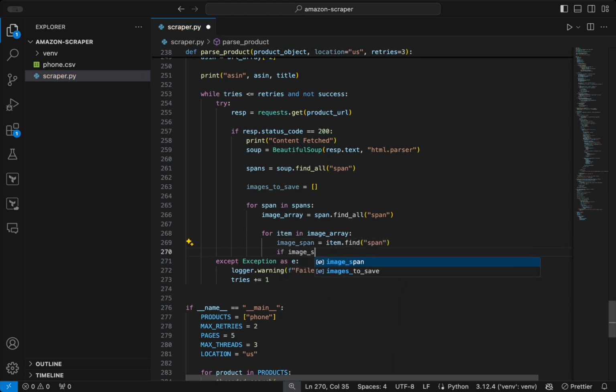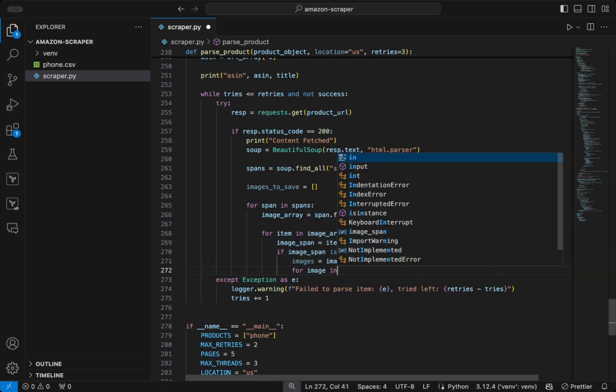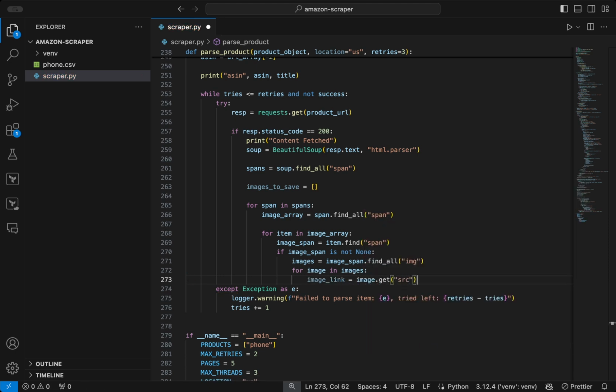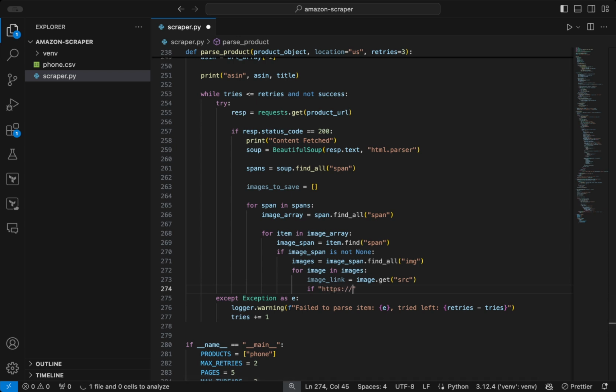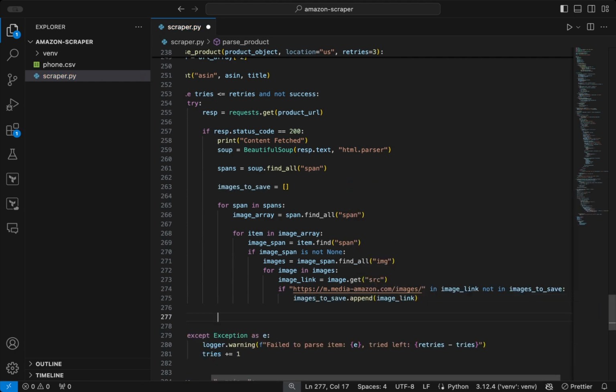And if that image span is not known, then we can find the image tags within it and loop over each one of those and pull out the URL using the source tag. We are now checking that the URL starts with m.media-amazon.com to make sure it's an Amazon media link and that it's not already in the images to save list. We can then append it to that list, and then we can define a list of features